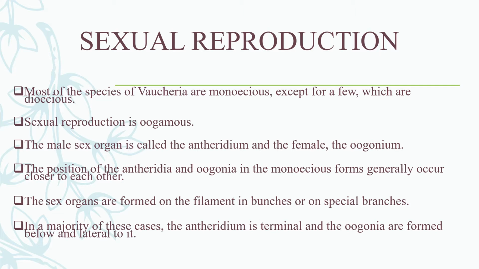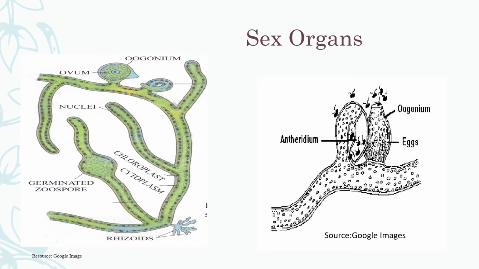In a majority of these cases, the antheridium is terminal and the oogonia are formed below and lateral to it. So these are the sex organs. The male sex organ is called antheridium and the female the oogonium. And you can see here the antheridium, how it looks and how it is liberating the anthrozoids. You can see the well-marked septation, and the nuclei, which are haploid,